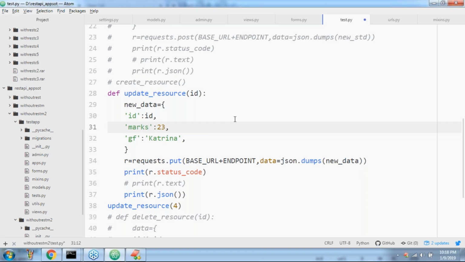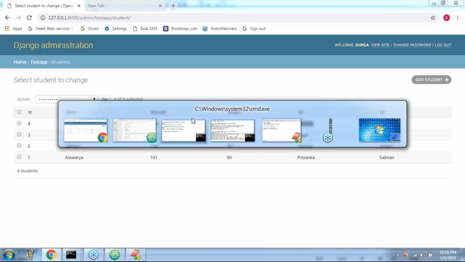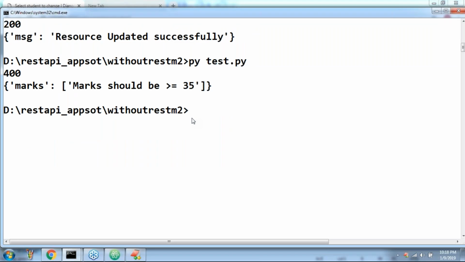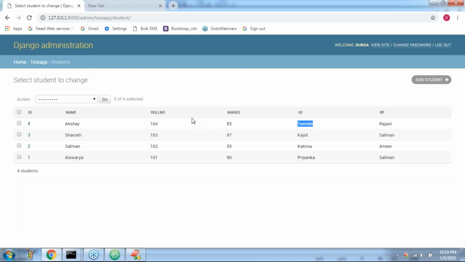Should this record be updated or not? No, correct, right? It is not going to be updated because validation is there. That validation fails. Now observe that. What will happen, sir? Marks should be greater than or equal to 35, like this it is asking. Perfect.